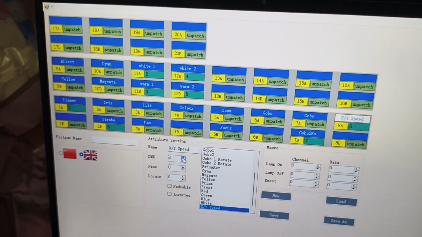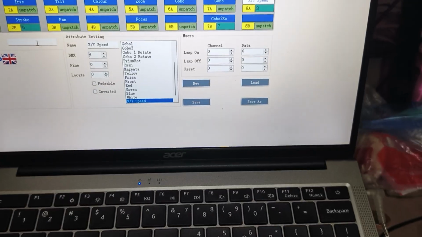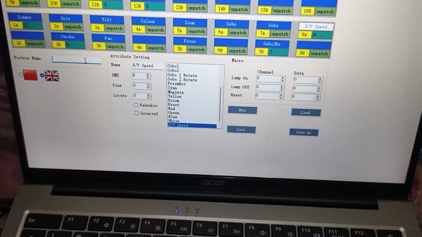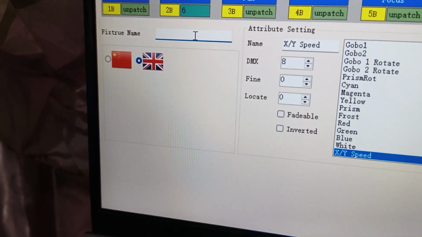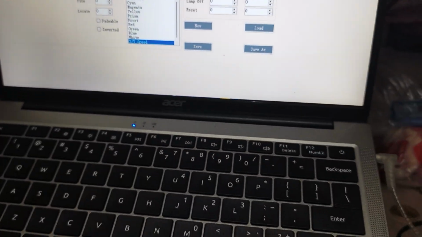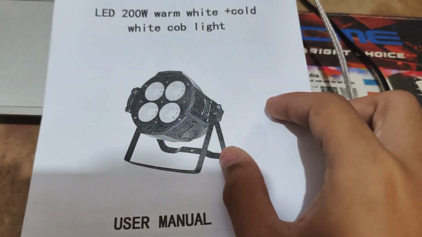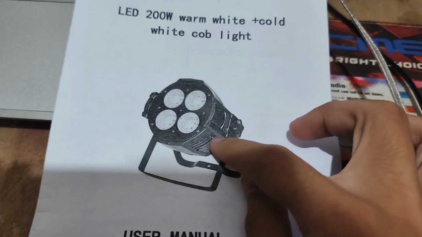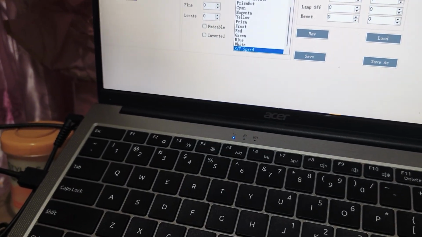After that you can name the fixture. It's over here. For example, I'll rename it for I. It's a COB.